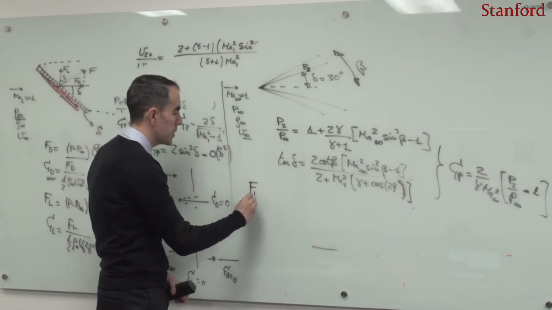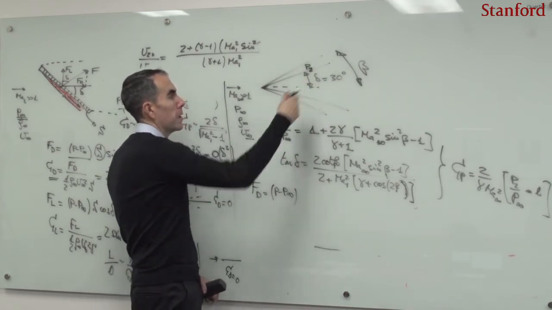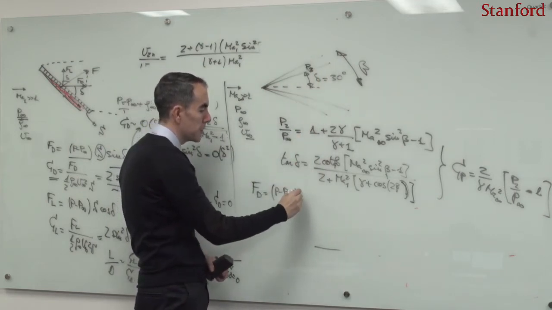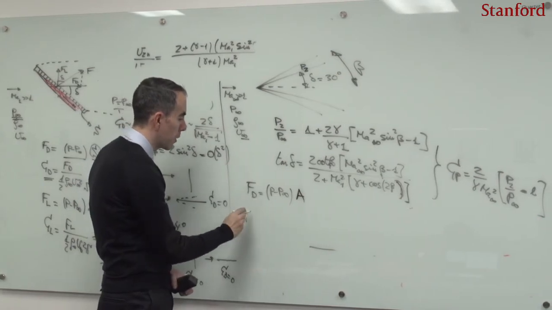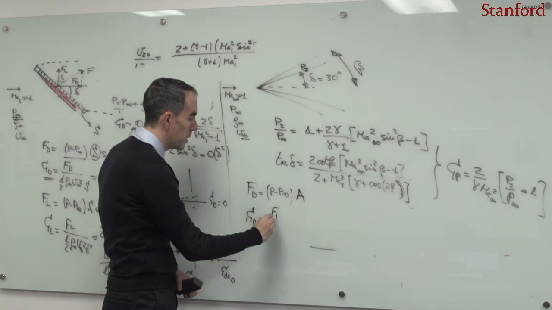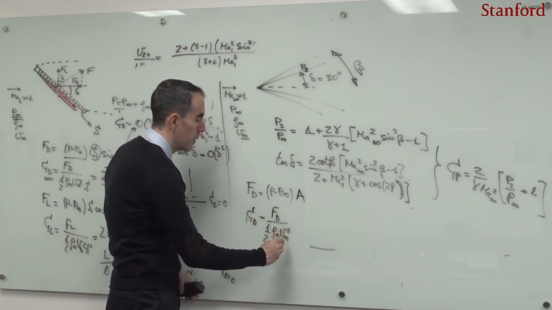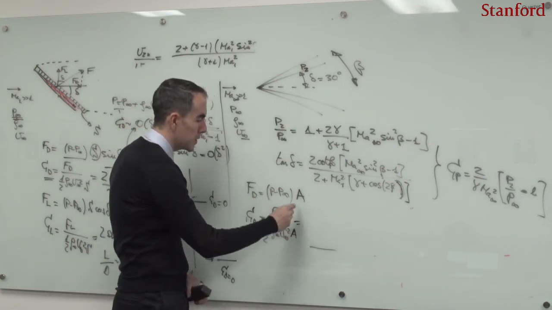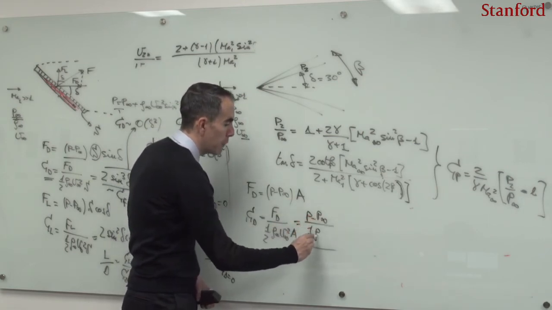The drag force here is going to be simply P minus P infinity multiplied by the cross-sectional area here. Whatever area I pick doesn't really matter, it's going to be the area A, because what I'm going to do next is calculate the drag coefficient. The drag coefficient is just going to be FD divided by 1/2 of rho infinity U infinity squared, multiplied by this cross-sectional area. So the areas go away, and then I have P minus P infinity divided by 1/2 of rho infinity U infinity squared, right? And this is just the pressure coefficient.